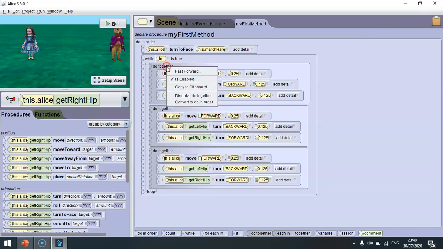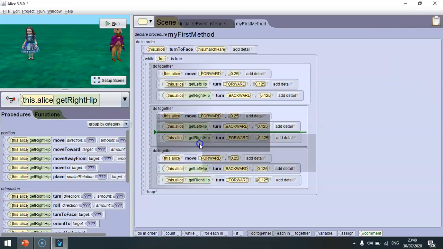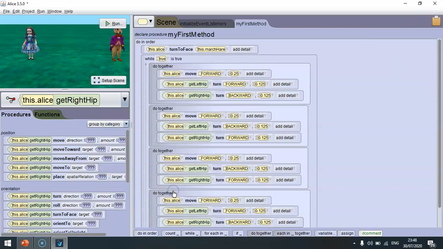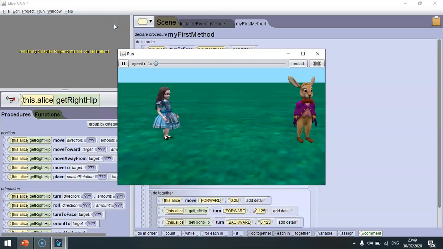Same again, I can just right click, copy to clipboard, and drag this underneath. And then I can do the same with the top one, because I want 4 times here, and drag this underneath. So you've got forward, back, then back, forward, and then forward, back. If I play this, we should see her legs move much smoother, and that's what I